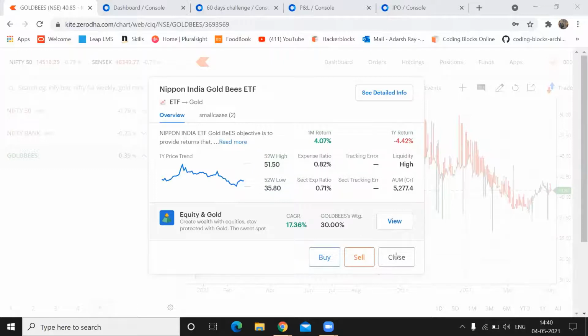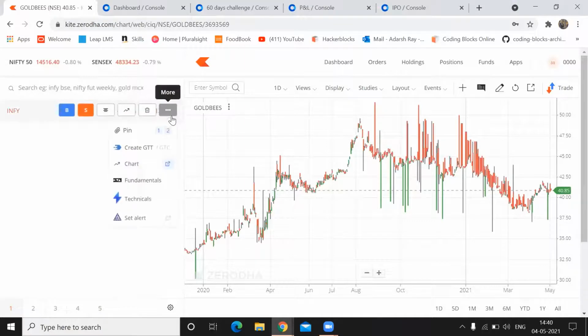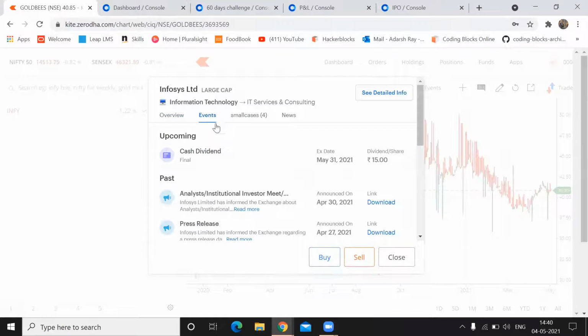So next, there is one more feature. I'll just show you. Let's go to a stock. That was an ETF. So in a stock, if you go for fundamentals, there comes events as well. So I have opened Infosys currently. In Infosys, you can see that there's an upcoming event which is a dividend. So there's a dividend announced of rupees 15 for the current existing shareholders. If you have bought the share and you are holding it up to 31st of March, you will be eligible for this dividend.